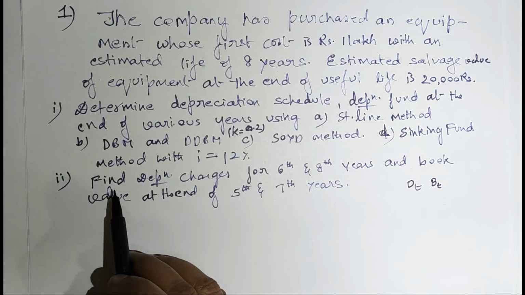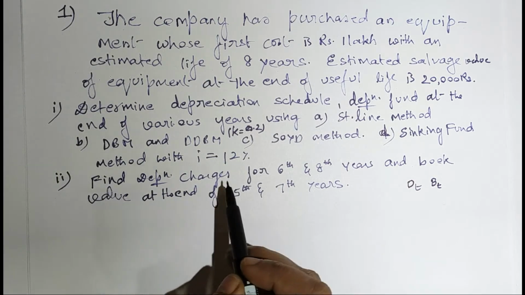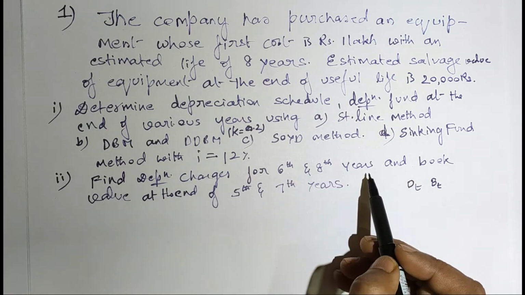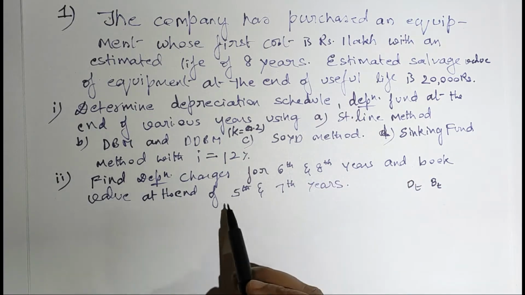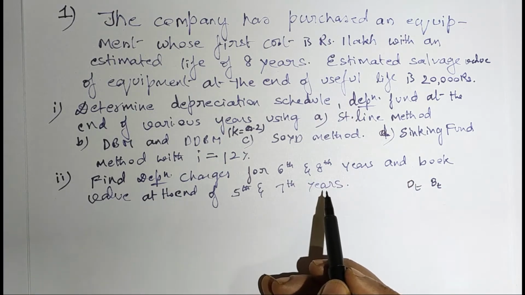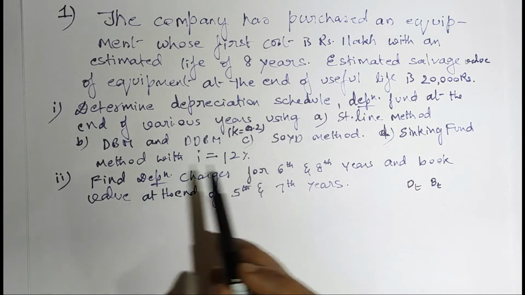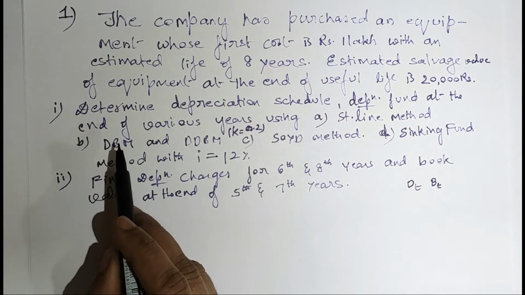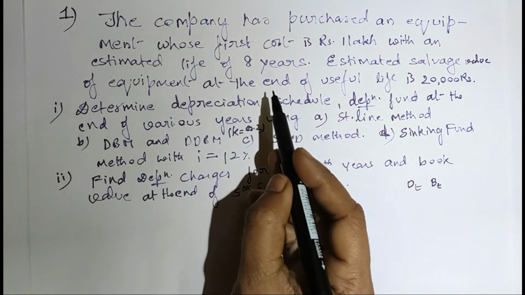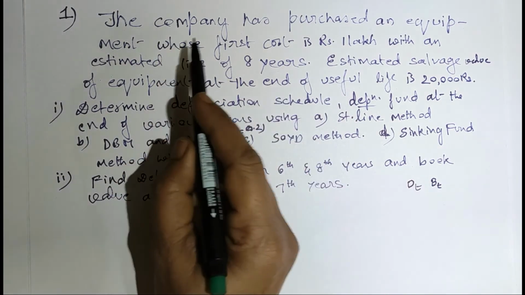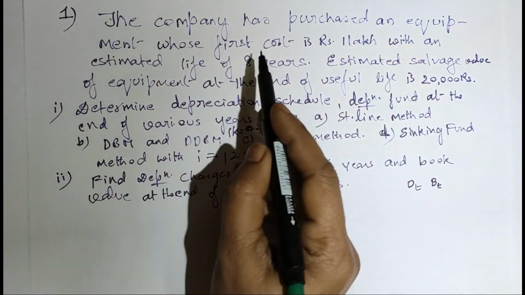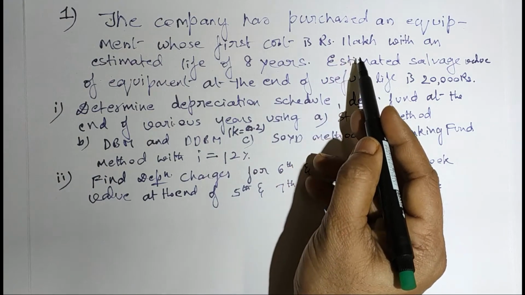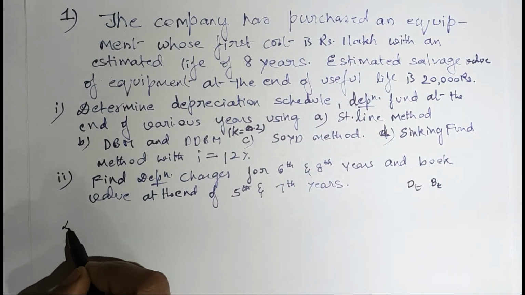The second bit says to find depreciation charges for 6th and 8th years and book value at the end of 5th and 7th years. So we will see the first bit first, and before that we will take down the data from the problem. The company has purchased an equipment whose first cost is rupees 1 lakh. So, data,